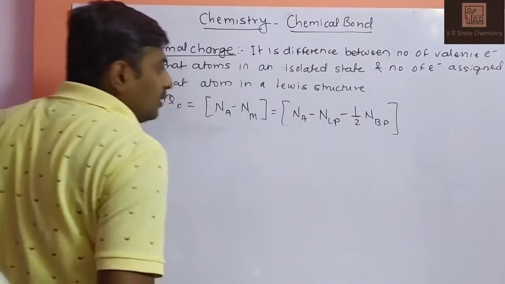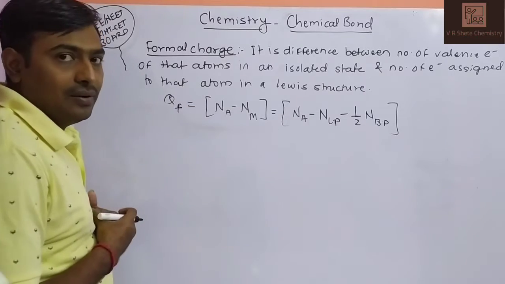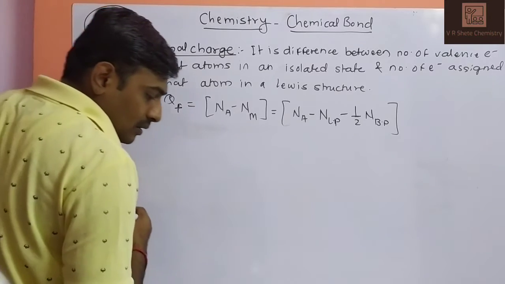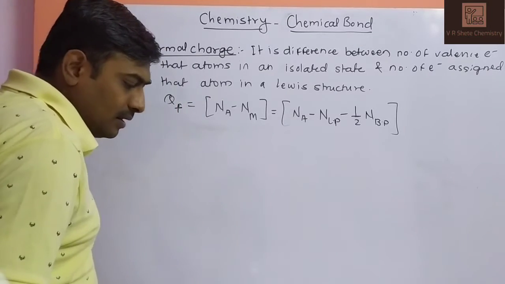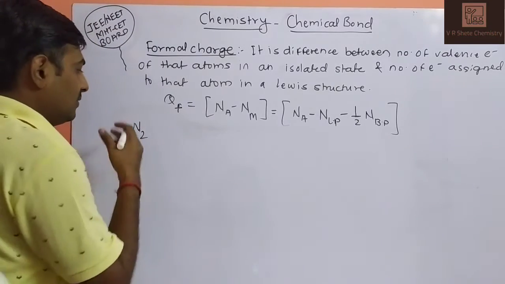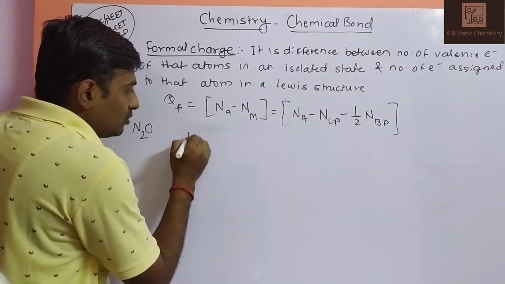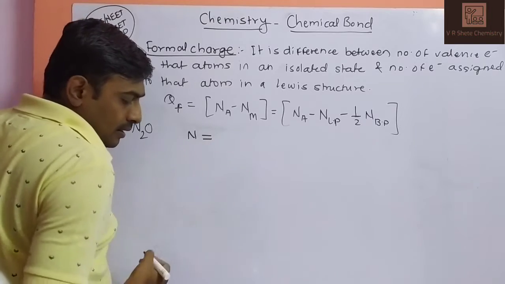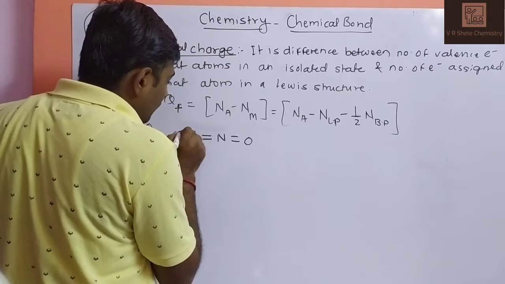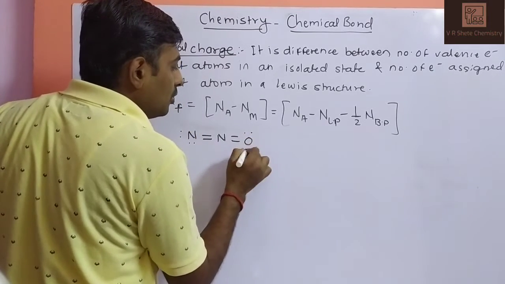Again we will calculate the formal charge of each and every atom in the molecule. First of all, we will take the example of the azide molecule. Not azide, we will take a resonance structure of the N2O molecule. Azide means N3. We will take this one, N2O. The structure of the molecule will be like this, with a double bond, a double bond to O, and lone pairs: 1 2 3 4, and this is 1 2 3 4. So these are lone pairs.